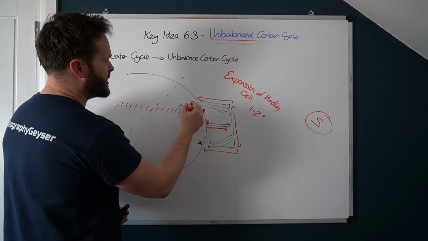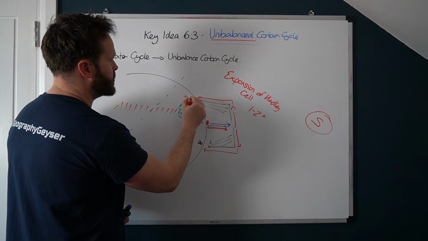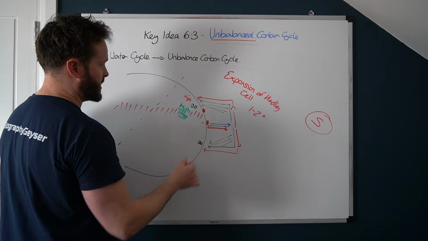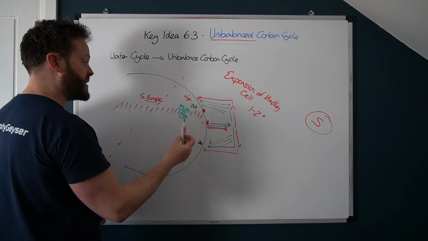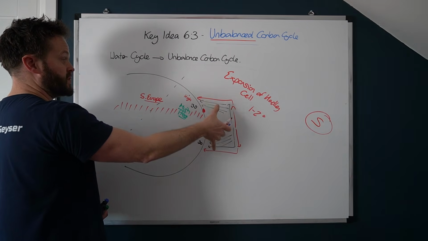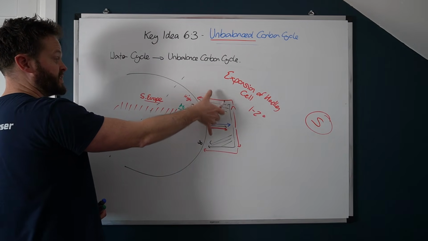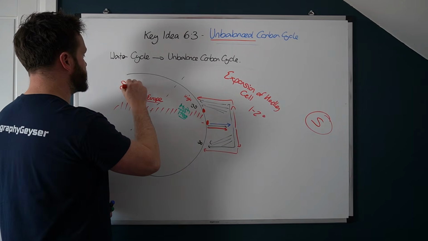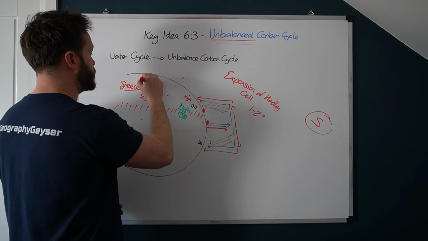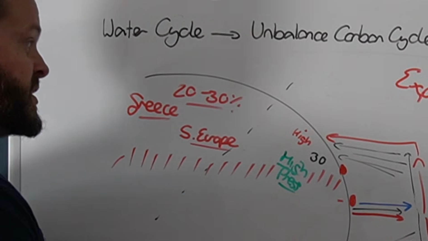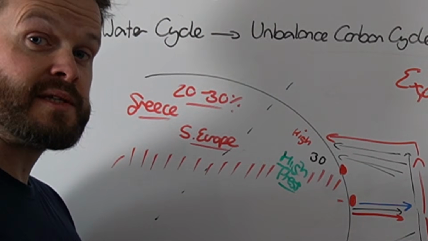But what's happening here is that high pressure zone is extending increasingly north and south. So there's areas of southern Europe that, when the ITCZ moves north, and so too do the cells and the northern extent of these cells, areas like Greece, they're increasingly experiencing very high pressure areas. So it's thought that Greece will suffer from a decrease of around 20 to 30% in their summer rains, and